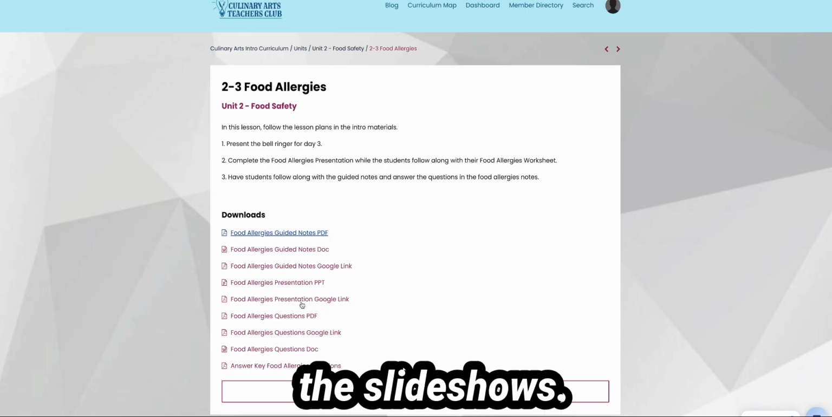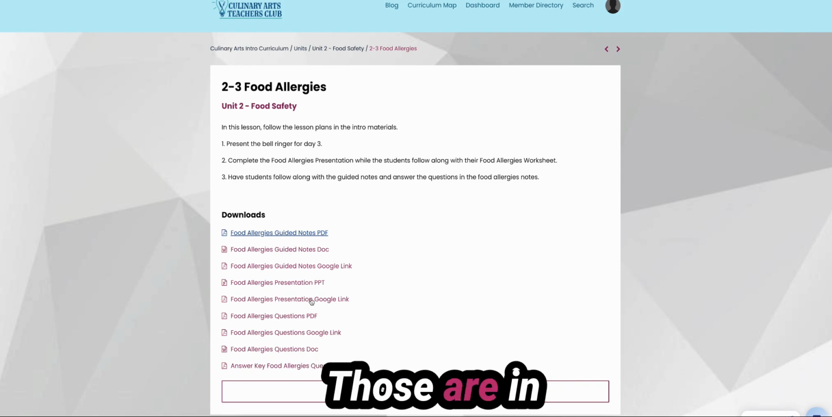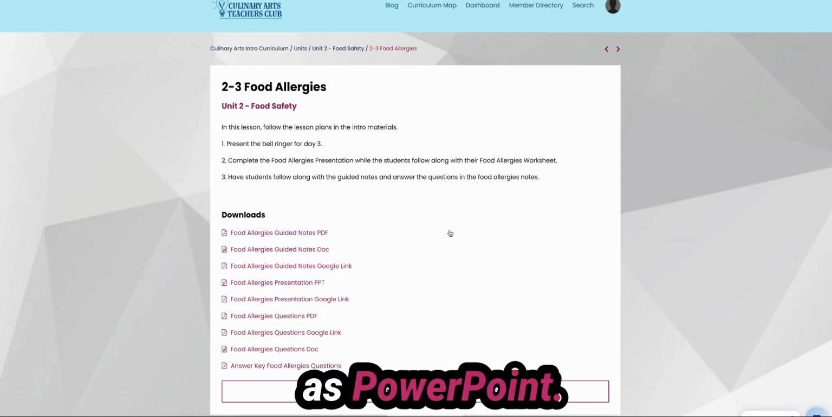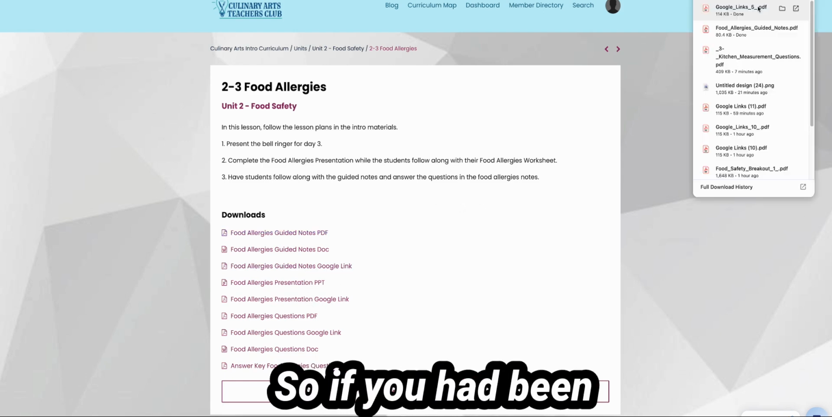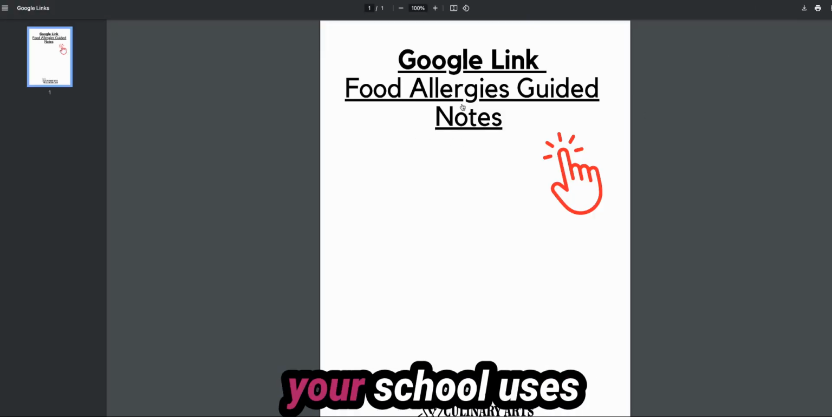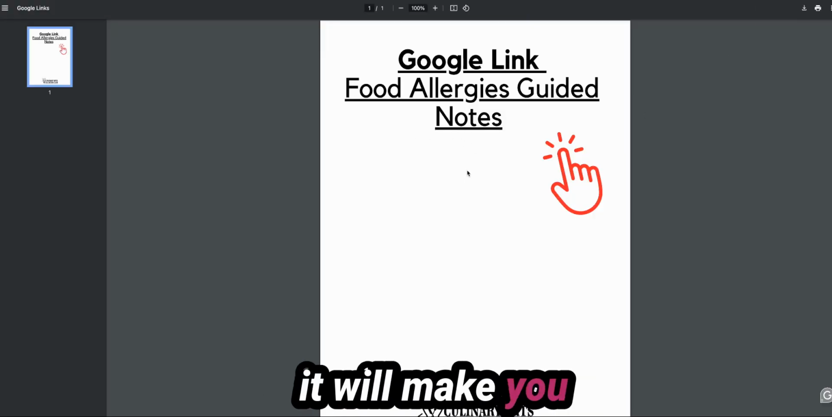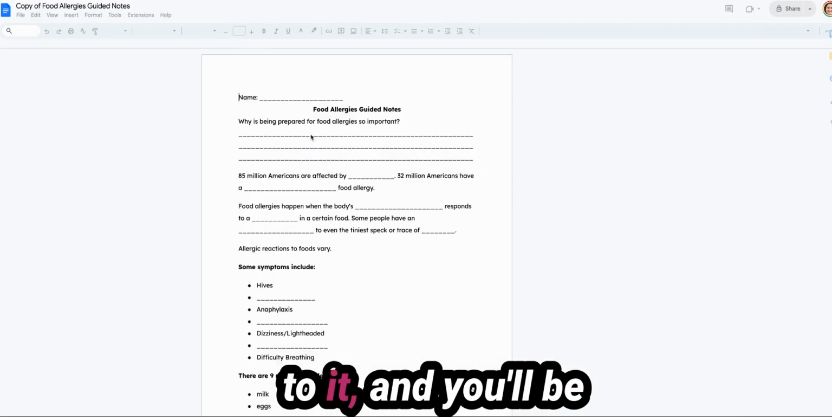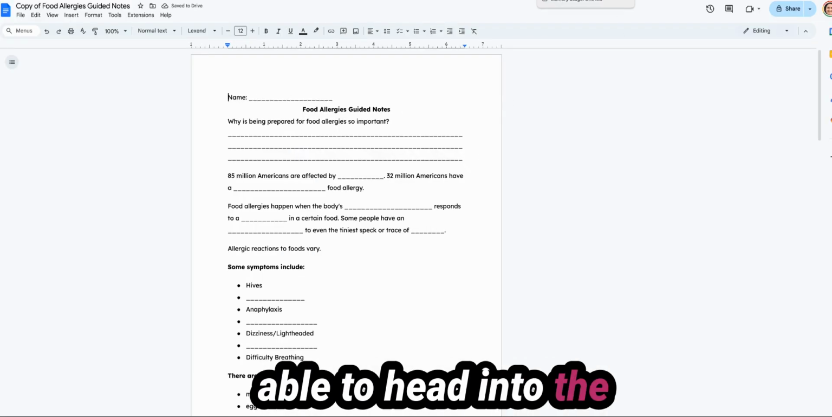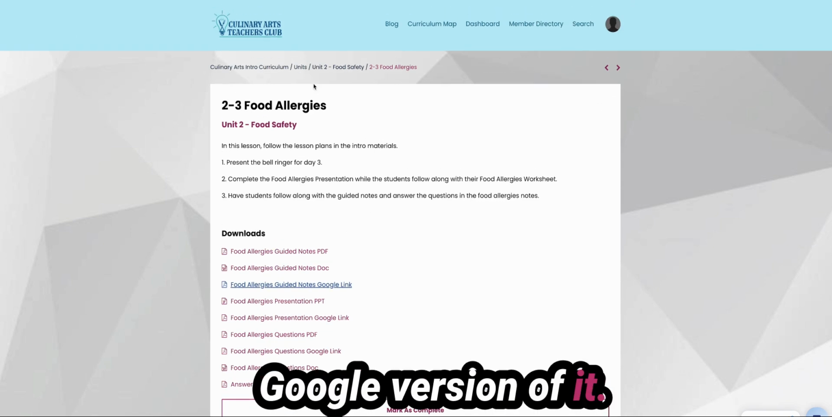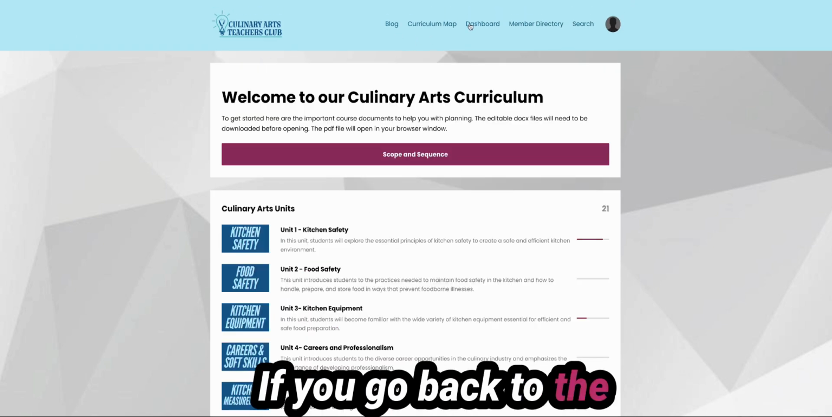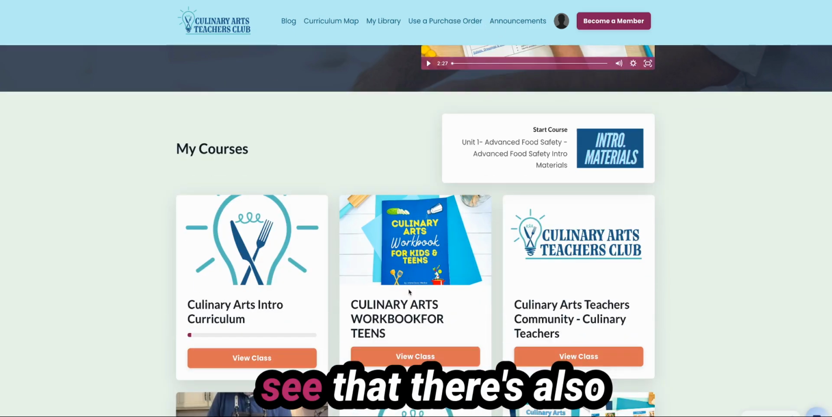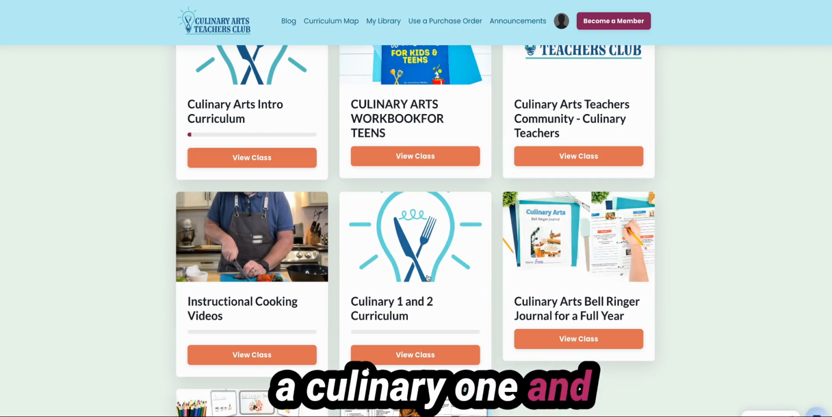The same with the slideshows. Those are in Google as well as PowerPoint. So if you use Google and your school uses Google Classroom, it will force you to make a copy so that nobody can make changes to it, and you'll be able to head into the Google version of it. If you go back to the dashboard, you'll see that there's also a Culinary 1 and 2 curriculum